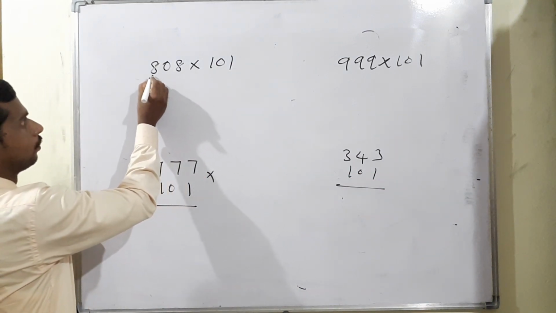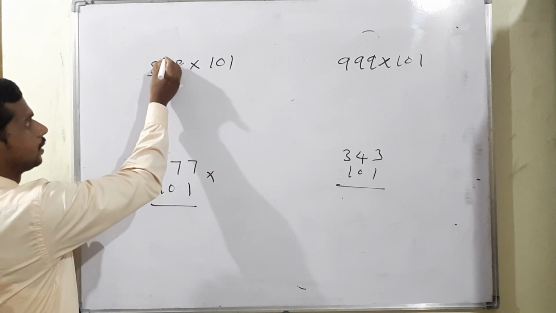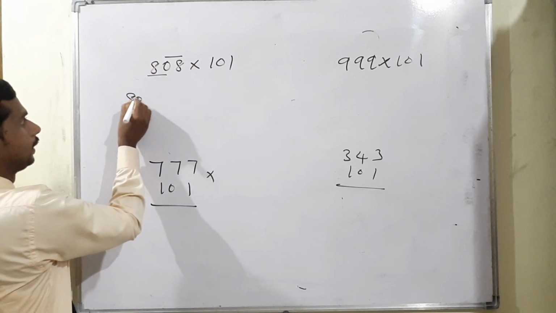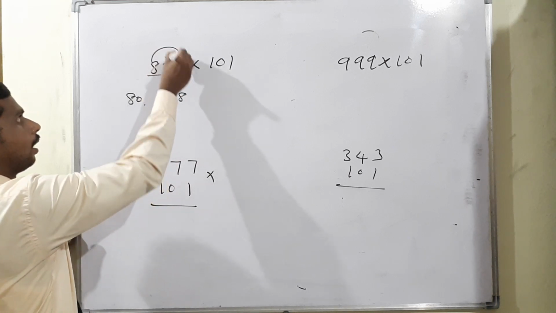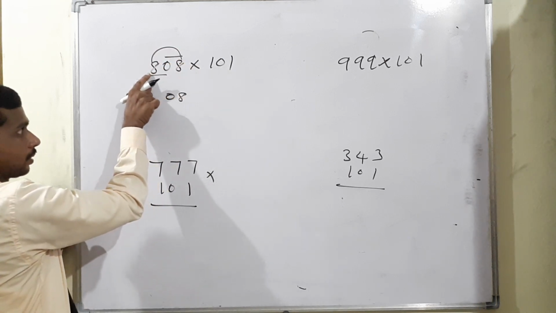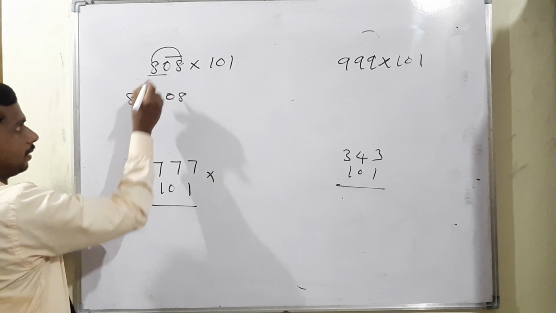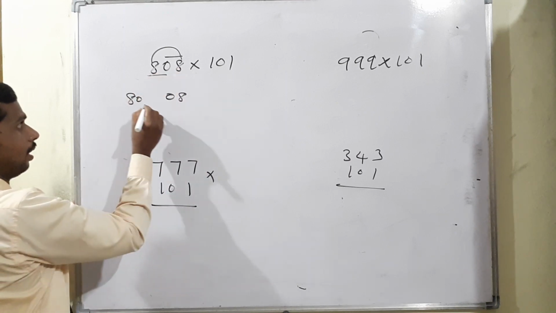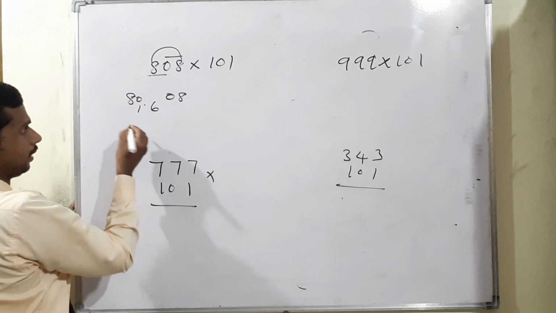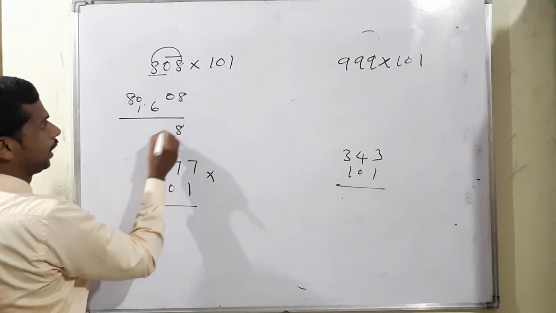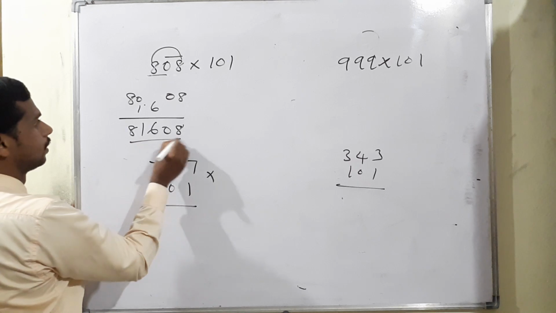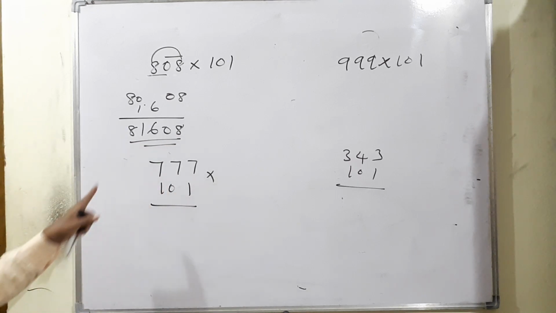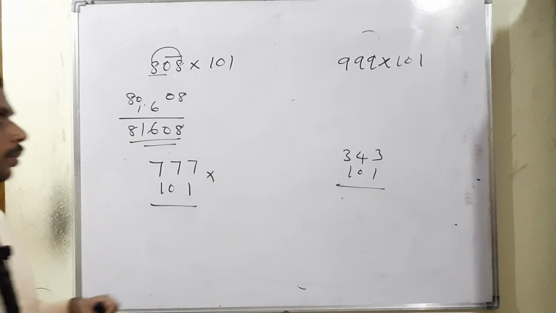Look at there. First, right side 08 is there, here 08. Right side 08, then the opposite side 08. Then the opposite of the term, starting and end of the number only, just add it. 8 plus 8 is equal to 16. But 6 is here, 1 carry. Now add it, 8 0 6 0 plus 1 is equal to 8 and 1. Therefore 808 into 101 is equal to 81608.